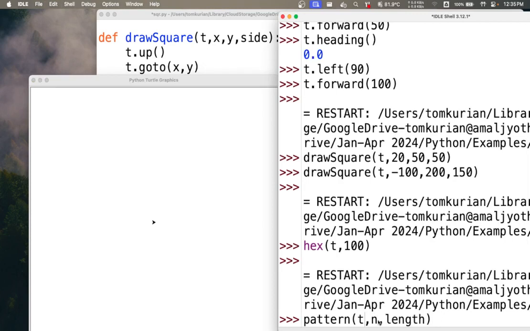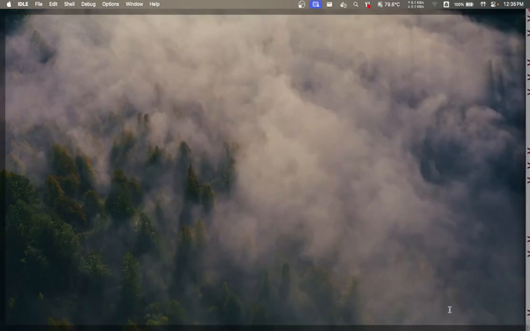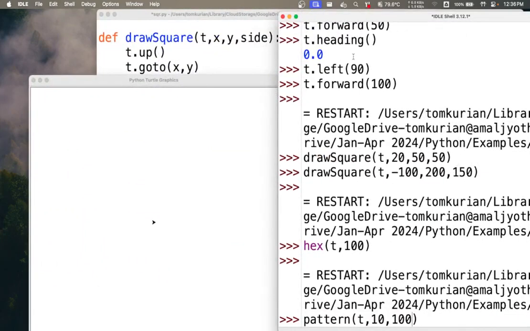Called a pattern with T, and say I want to create 10 hexagons with length 100. So what happens? 360 divided by 10 is basically 36. So every 36 degrees, after drawing a hexagon, it will turn 36 degrees, and again draw another hexagon. It will turn again another 36 degrees, and this will repeat 10 times since I have 10 different hexagons